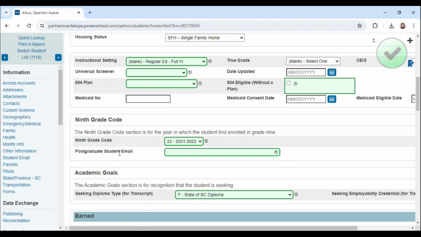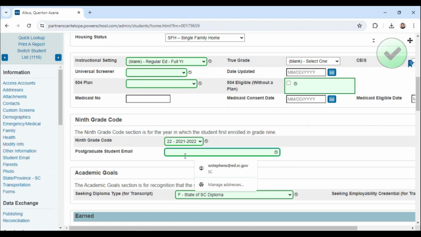It's there because actually we encourage districts to go ahead and populate this as soon as students enter high school. So even their 9th grade year, just so you already have that populated for them, and you can change it if they prefer to change it to a different email address. But that way, if they do earn digital credentials and awards, it's there for them, and you don't have to worry so much later about gathering that information. But you do want to check on it. So the postgraduate student email must be populated.